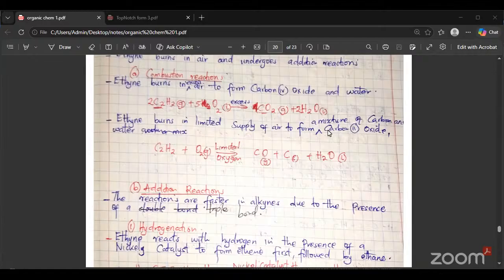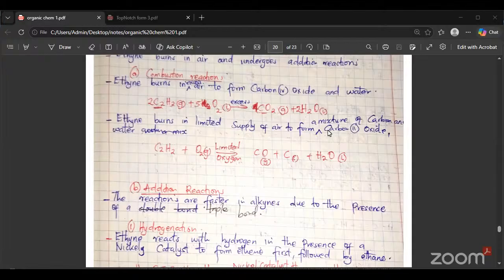Alkanes haifanyi addition reactions. It undergoes what we call substitution. Now we take one hydrogen and then we add another one. I think we'll see later on in examples when we'll be dealing with examples. So number one of the addition reactions. Now, in summary, the addition reaction that is undergone by both alkenes and alkynes,